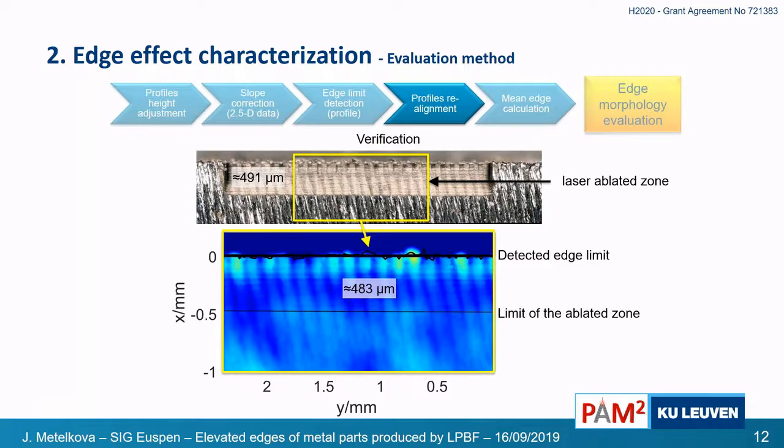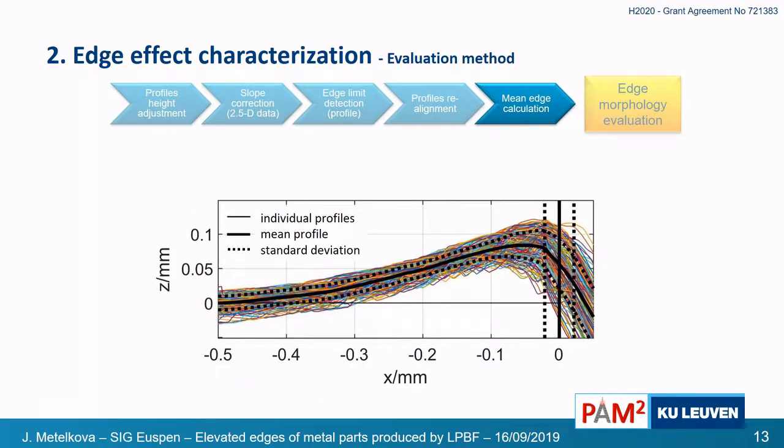which was pretty close to our needs because our edge is in the order of 400, 500 microns wide. So this is the precision that was sufficient for our needs, actually. So therefore, we could proceed to mean edge profile generation. You can see all the individual profiles, and in fact, the mean profile with the standard deviation that can be